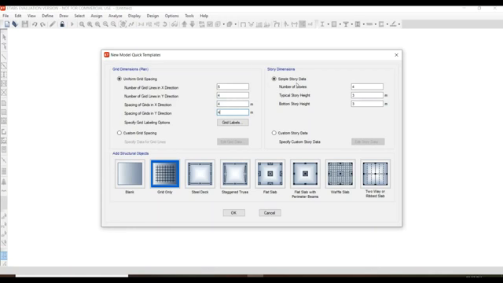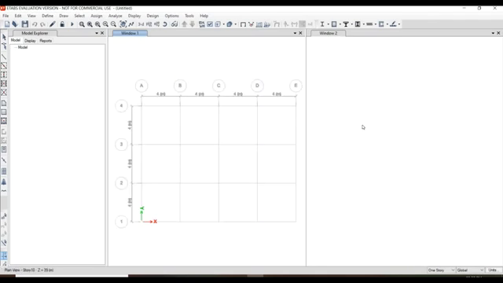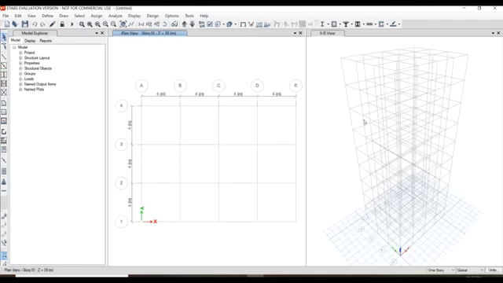And also the story data. We want a high-rise building, so we want at least 10 stories with each story height of 4 meters and the bottom story height as 3 meters. It's okay. Then select the grid only, click OK. Then you can see the model of our structure as presented. This is just a line diagram with no materials and no